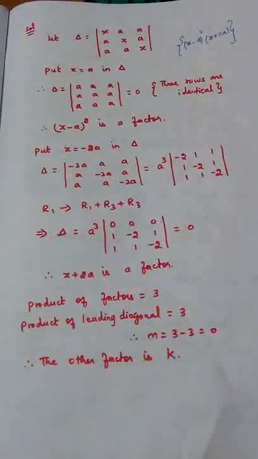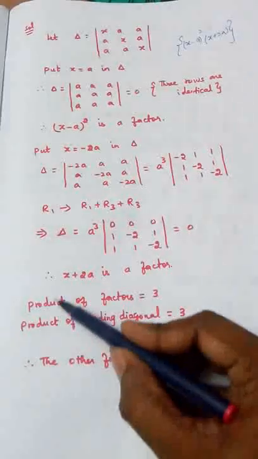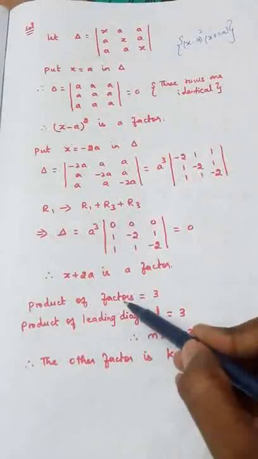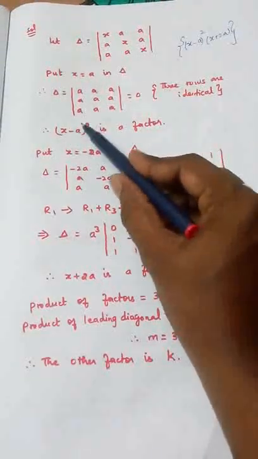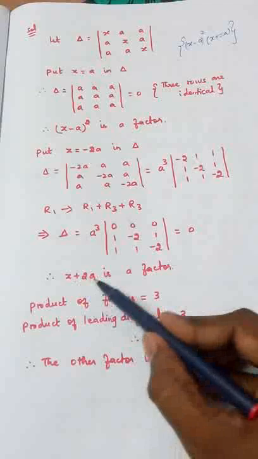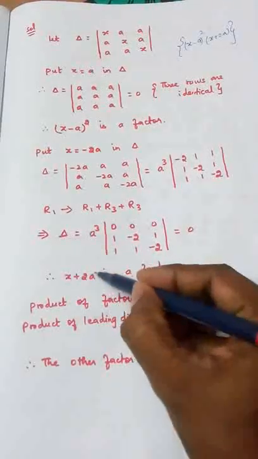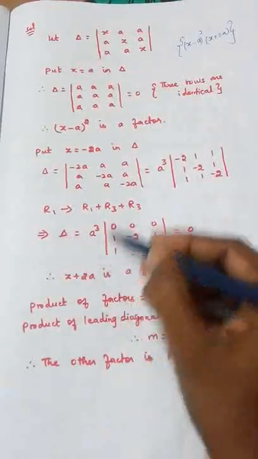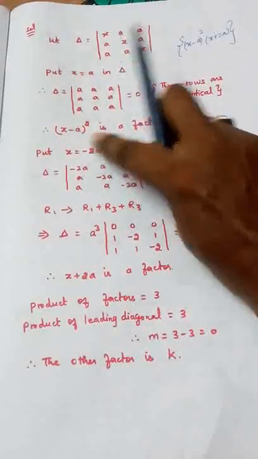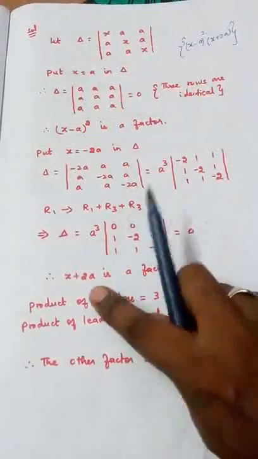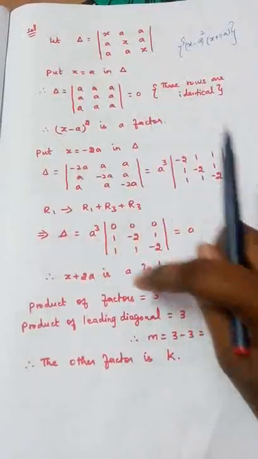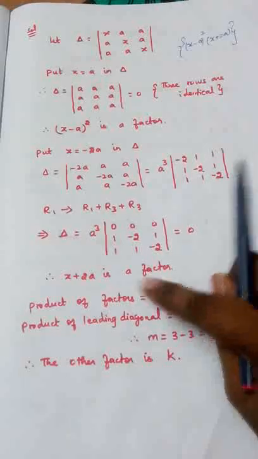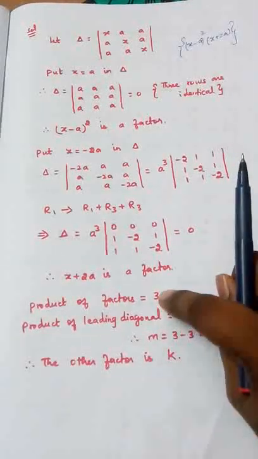Now, I said what is the meaning of m. I will explain through the problems. Now listen carefully. Product of factors I am writing. So how many factors have I found? This is one factor and the power is 2. This is another factor that we found out. Here the power is 1 because bracket power 1. Power is 2 for this one, power is 1 for the other. So 2 plus 1, that is written as 3. So the degree of the product of factors is 3.